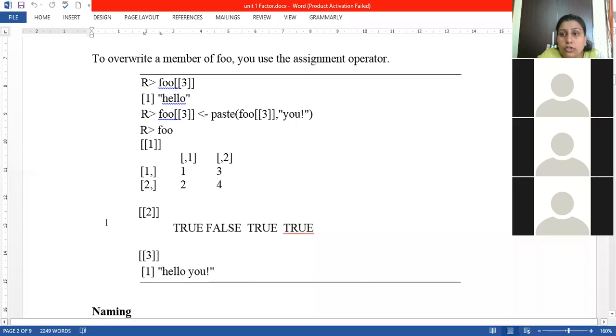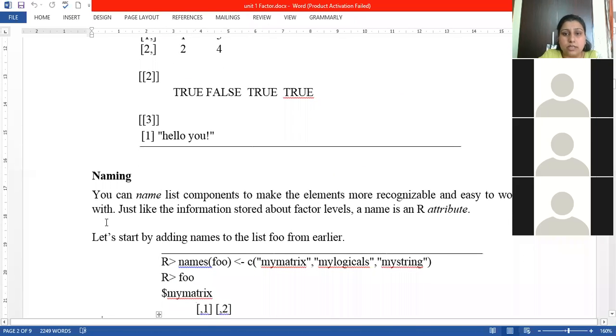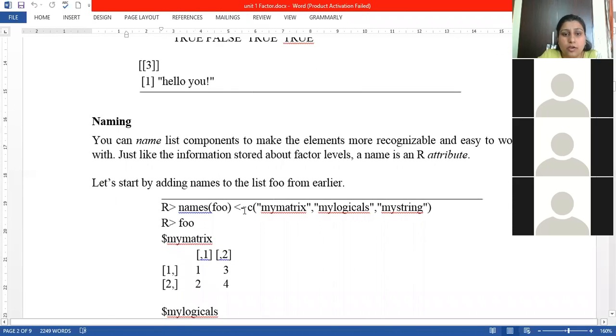If you don't want to extract by index value, you can also assign different names to particular locations. How will we assign the names? How can we perform the naming? For the naming, we use names, and within the brackets we have to give the list object.